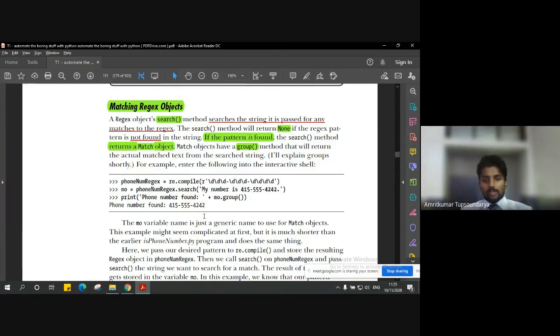We take the regular expression, we give it to the compiler. The compiler stores the object, the match object for it. Then we give the message or the main text, the string, to the program. It searches whether that particular type of regular expression is present in that string or not. If it is present, it will return the match object, and then ultimately it is going to group the match objects and print the result.